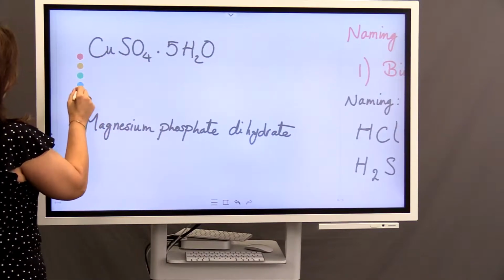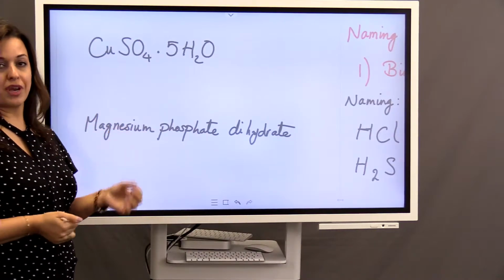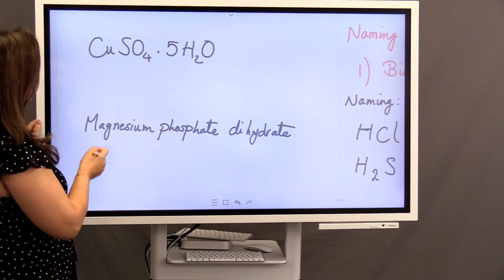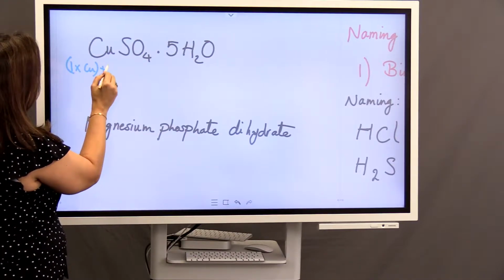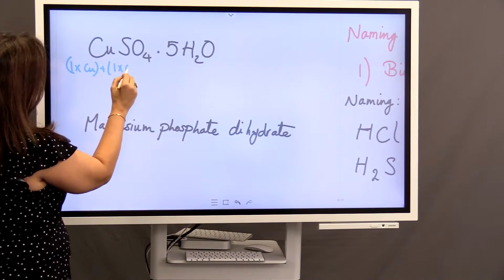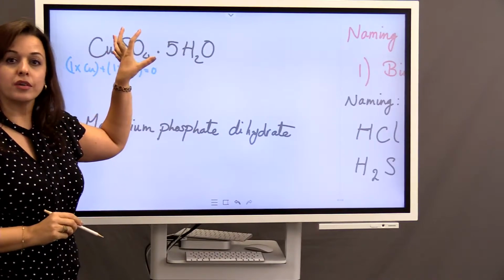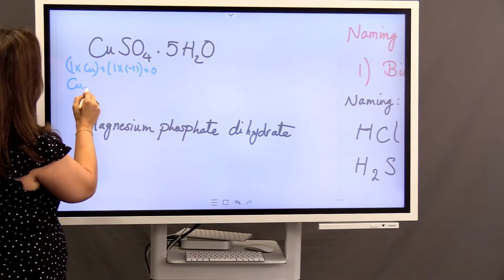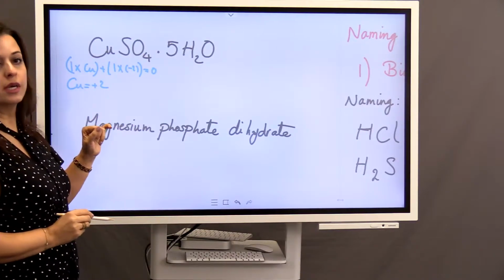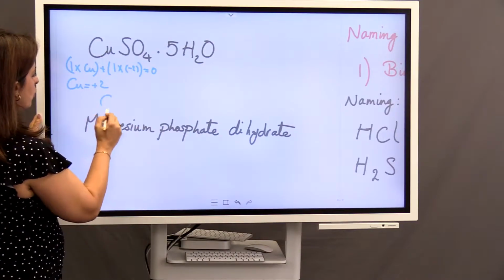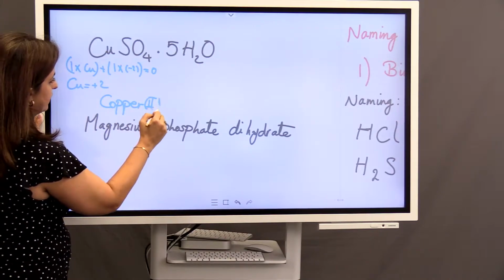CuSO4. If you remember, we had to mention the charge on copper, because copper is a transition element. When you find the charge, it is going to be 1 copper and 1 SO4 with a -2 charge, and the overall charge on CuSO4 is 0, right? So the charge on copper is 2 after you solve this simple equation. Now, how to name it: you know it's copper 2 sulfate